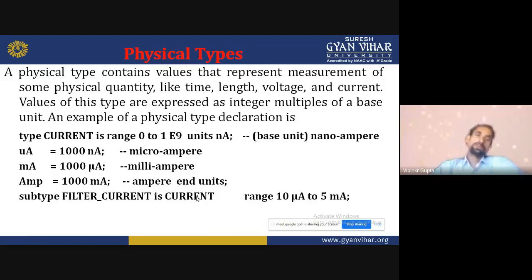Microampere is equal to 1000 nanoampere, milliampere is equal to 1000 microampere, and ampere is equal to 1000 milliampere. That is the unit conversion. A subtype of current is a range from 10 microampere to 5 microampere.